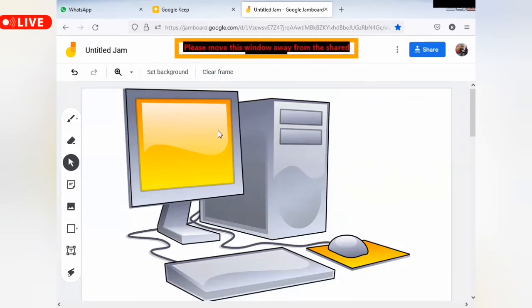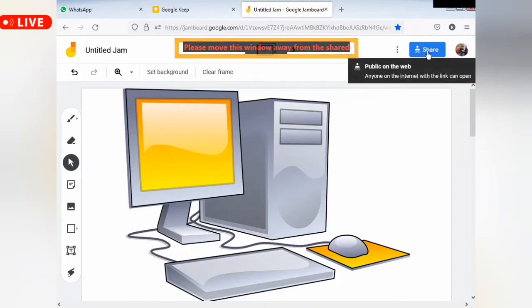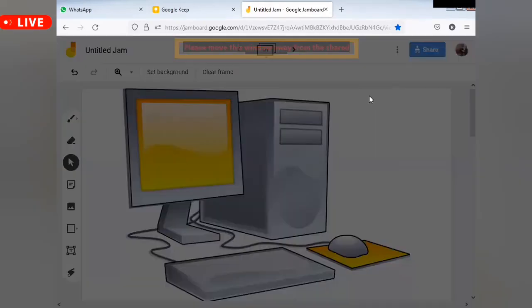अच्छा, other than this, for example you have worked on something, so now you have to share this with your friends. अब आपको इसको अपने friends के साथ share करना है. So how would you share? You can see that it was having a share option. Like you can click on it and then you can